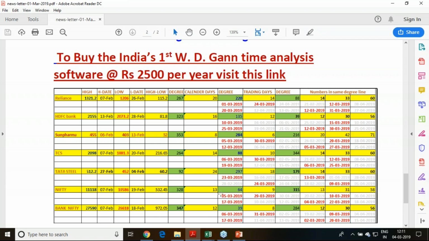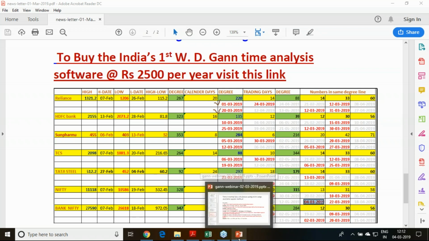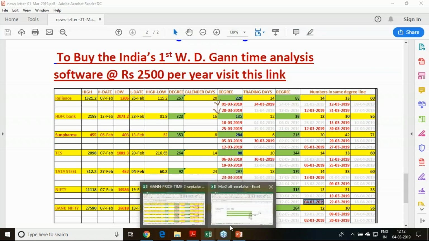So for Nifty, it was 4th and 5th March, 17th March, 10th March and 22nd March. These are the dates reflecting all the days falling in the month of March, which I have colored. These are the days we expect a trend reversal. In detail, how can we utilize these for the trend reversal? You must view this video till the end so that you can understand the utilization part,